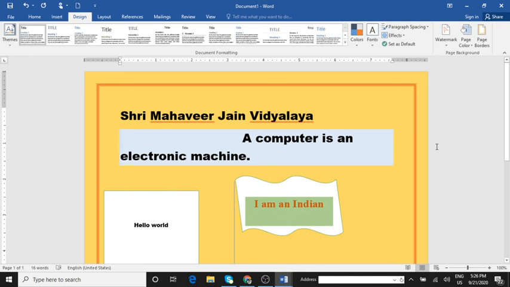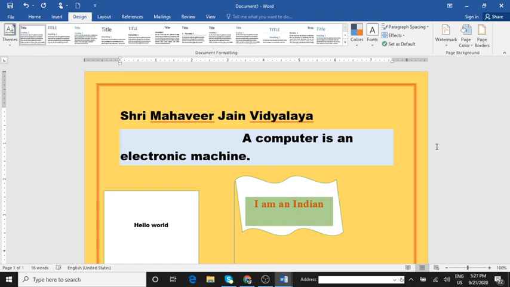So children, hope you have understood what more tools are in the word processor. Now, there are two kinds of page orientation. One is portrait, that is default, and the other one is landscape. Click on the page layout tab, and size in the order. Page size also you can change. Find and replace. Finding a word in a document is one. Replacing the word with another word which you have typed in, that is the replace option.